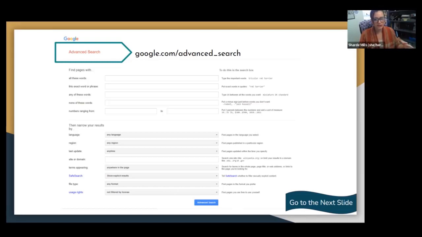You're going to see that this page looks very different compared to just the Google box that you use most of the time, 95% of the time. This actually looks very similar if you've ever used a library database before, where you have the different boxes and the many different filter options. It gives you a lot more control over your search. We're going to apply some of those principles that we mentioned in the video about targeting where these words are used and how we're searching, applying filters to our Google search that give us a little bit more control. There are also some strategies that we can apply that will make this process more effective for us.